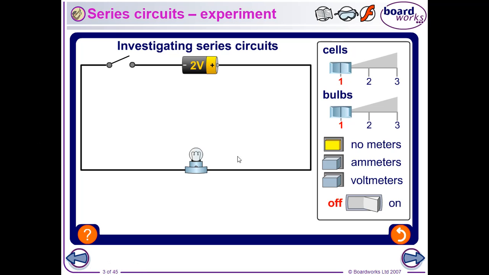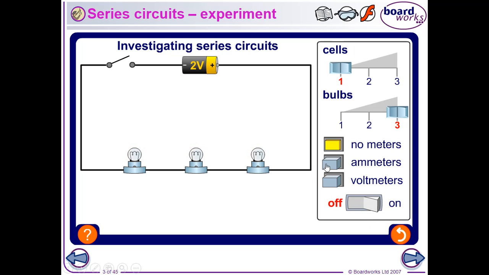So if we're looking at series circuits, here I've got one cell. Turn on the circuit, bulb lights up. Add another cell. Add another bulb. There we go. Turn on the circuit, and both bulbs light up. But I want you to note down which is brighter, which is dimmer, and if I add 3 cells, even